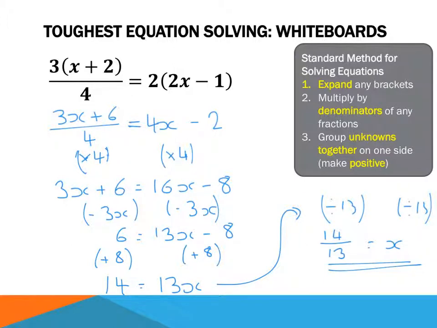Here we go then. We started by expanding any brackets there, so that's step number 1, timesing by 3 on the left hand side and timesing by 2 on the right hand side. Then we're trying to get rid of our denominators, so our denominator here is 4, we're going to times everything by 4. Then we're up to collecting our unknowns onto one side, and finally we're going to divide by 13